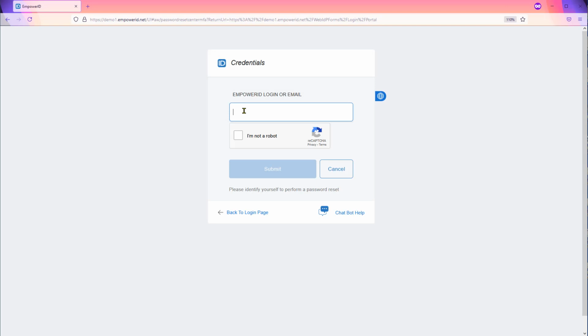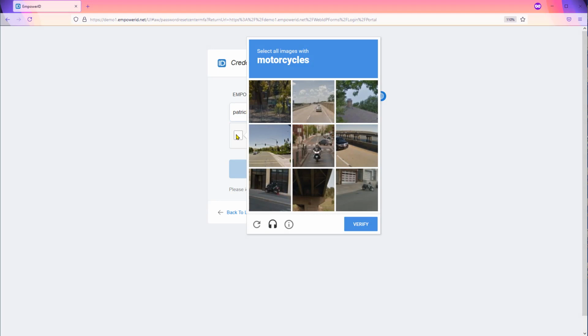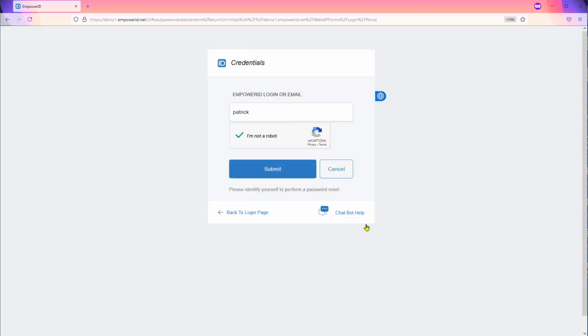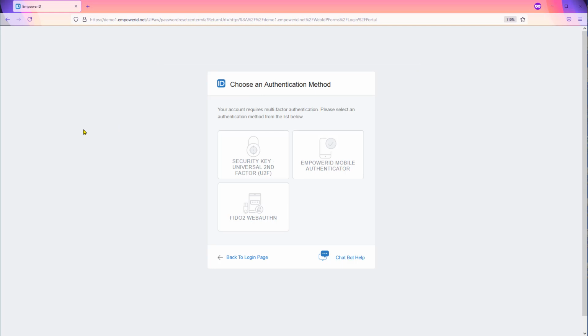Okay, this workflow loads and it's asking me for my email or login or some form of identification. We have CAPTCHA enabled, so it's asking me to validate that I'm not a robot, and I pass that, so I can submit. And now we're in a workflow, so imagine we're in that flowchart workflow. So now in the case of Patrick,